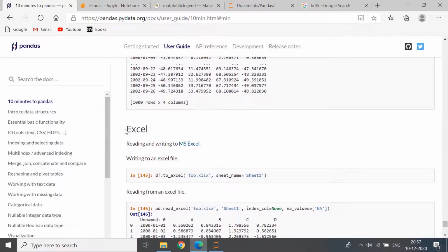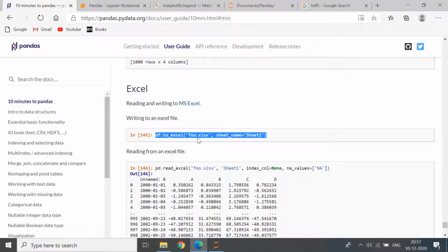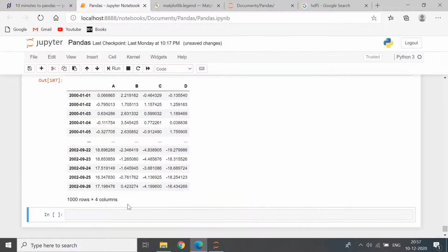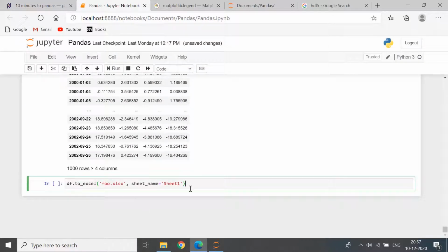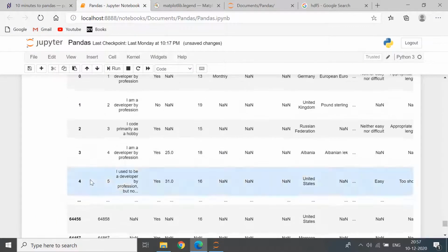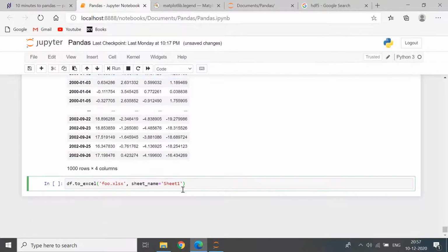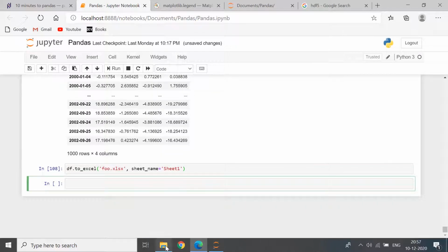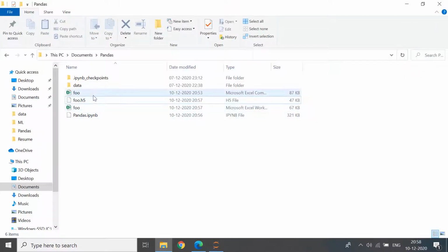Yep, Excel is quite standard. We've all worked with Excel countless times, I reckon. So you can just do a simple command, df.to_excel. You'll see these are all quite similar: df.to_hdf, df.to_csv, and so on. So df.to_excel is going to convert the data frame to an Excel file. You can again just go and see this is your Excel workbook.